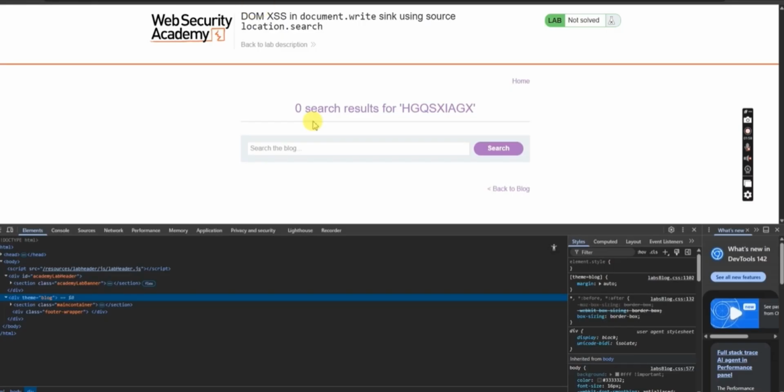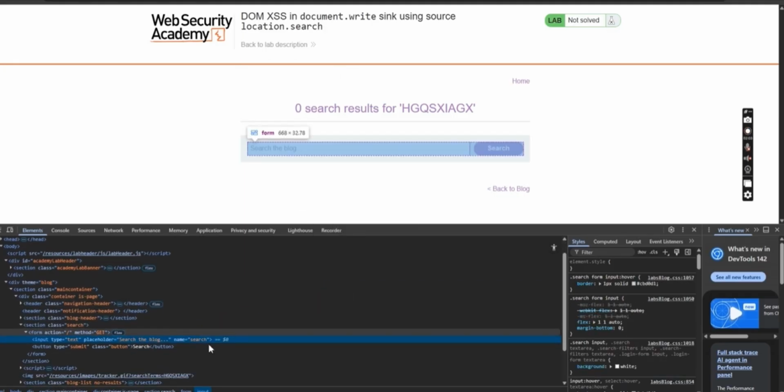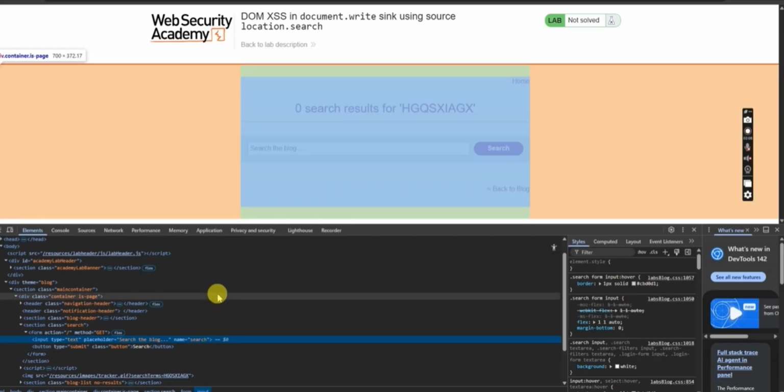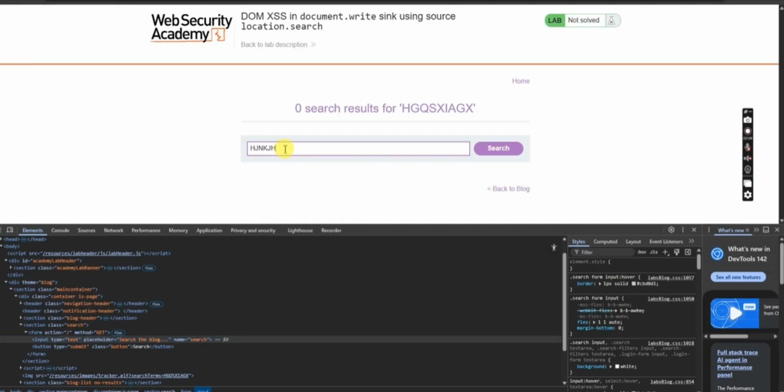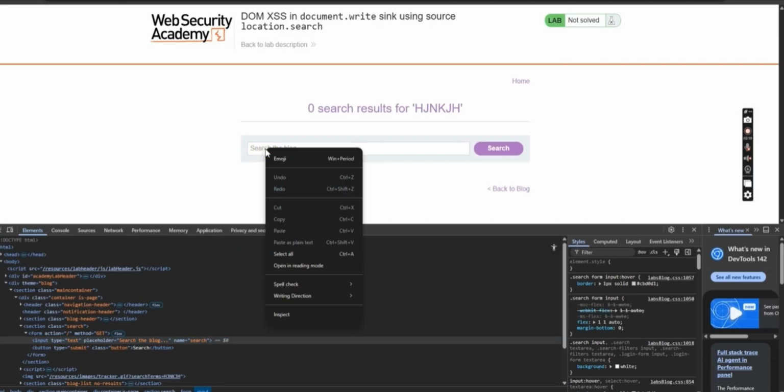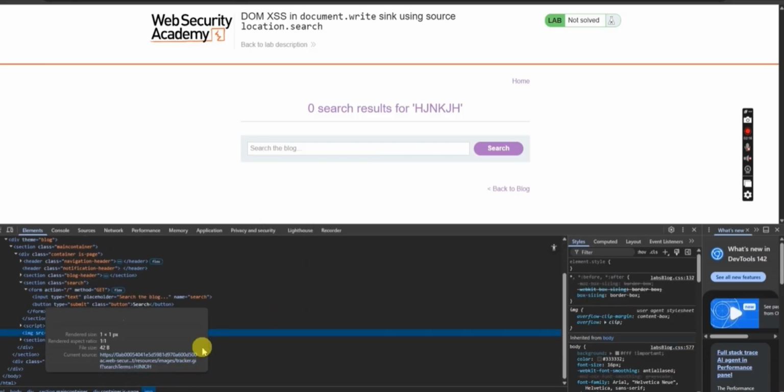I went back here to make sure what I'm doing is right, so I'm going to do that again and see if that works. And as you can see, this command over here,